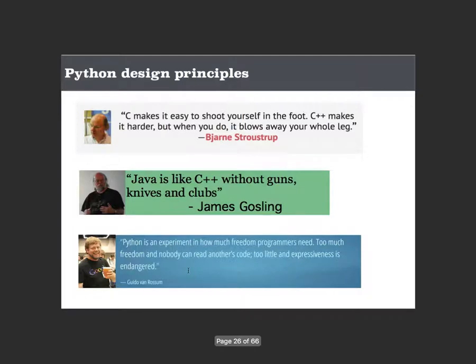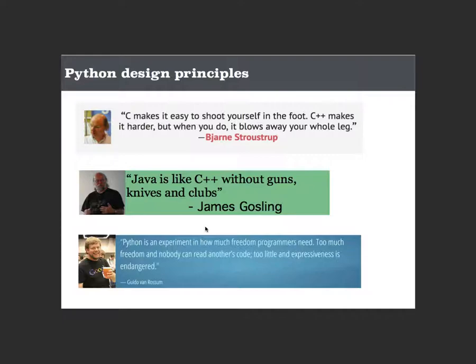In fact, the funny jokes I can tell you are about the selling points of these three languages. Bjarne Stroustrup, the creator of C++, in one of his books on the C++ programming language, made a quote. He said, C makes it easy to shoot yourself in the foot. C++ makes it harder, but when you do, it blows your whole leg away. C++ is designed like a rifle, C is like a pistol. You cannot point a rifle at yourself and shoot, but with great difficulty, you can point it upside down and pull the trigger. And you know what happens? It will not punch a hole, it will just blow your whole leg off. That's the power of a rifle.